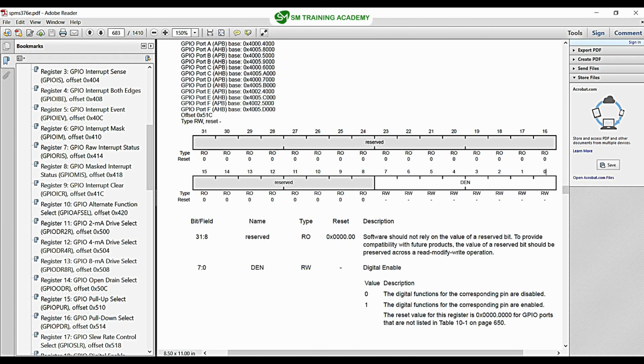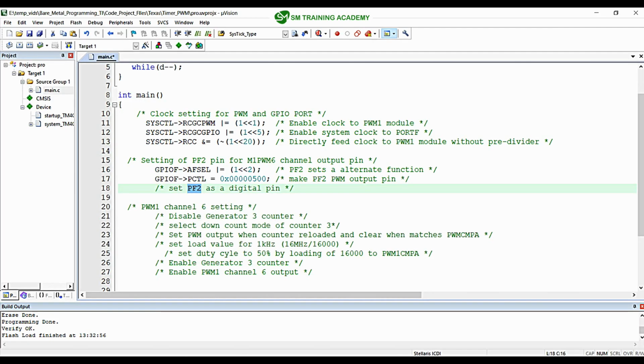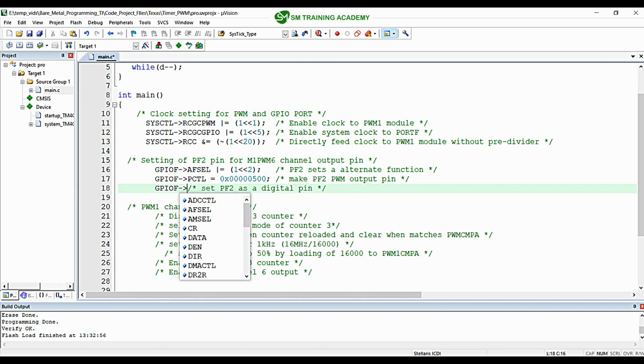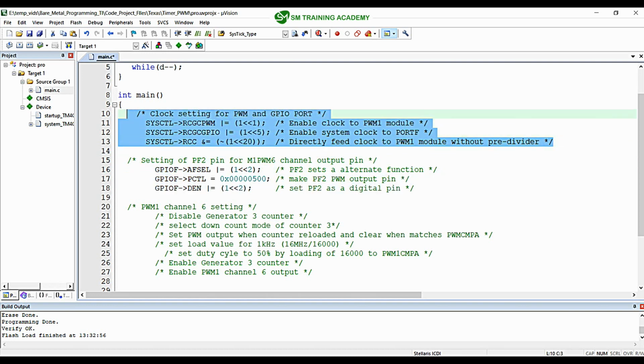I just want to set bit number 2 in this register with the help of the GPIOF pointer. So I am going to write 1 to bit number 2 by pointing to the register with the help of the GPIOF pointer. When I write 1, the digital functions for the corresponding pin are enabled. So let me just do that. GPIOF DEN, and that's it. We are done with the configuration part for GPIO and the configuration part for system control, that is